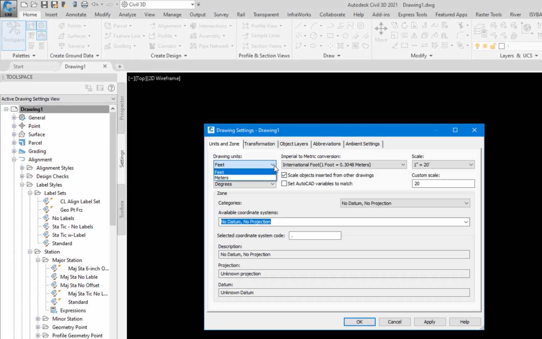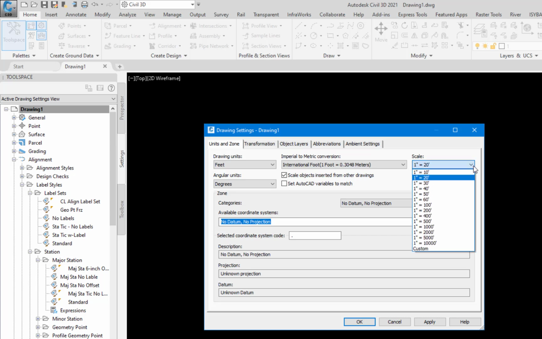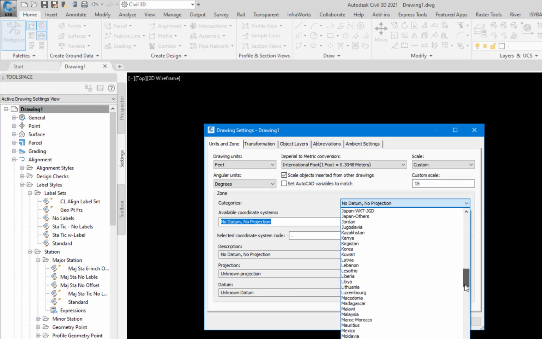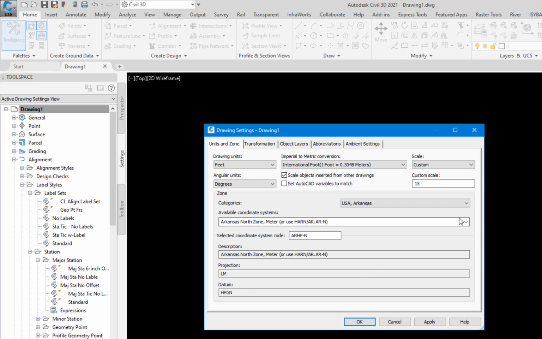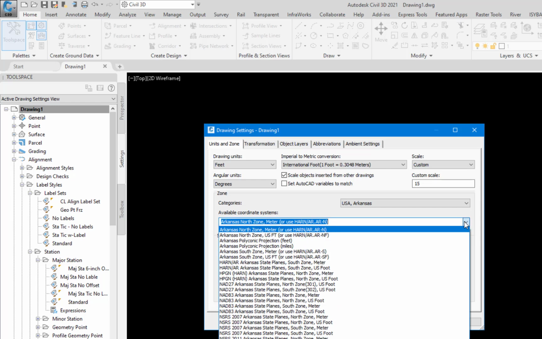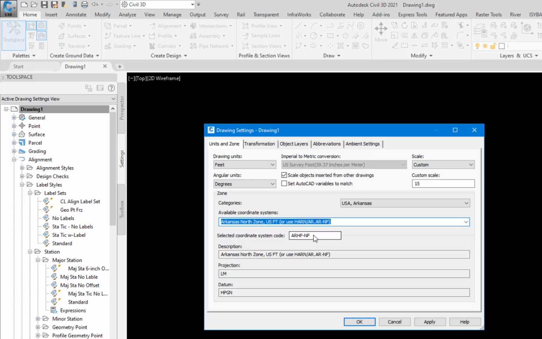Drawing units, generally feet. Angular units, generally degrees. Scale, select the desired drawing scale from a drop list, or enter a custom scale where needed. Zone, select the coordinate zone in which the project is located, USA, Arkansas. Select the desired state plane coordinate system from a drop list. Generally use the US foot, where 1 meter equals 39.37 feet with